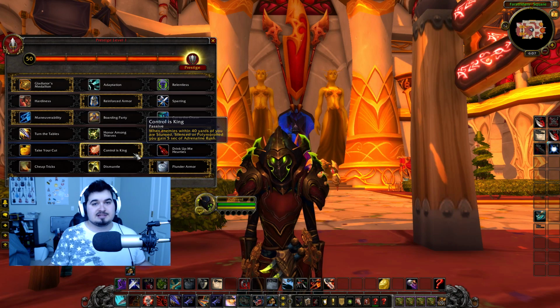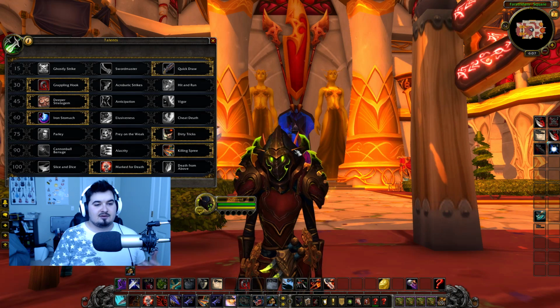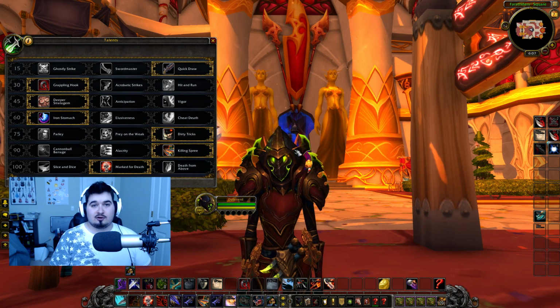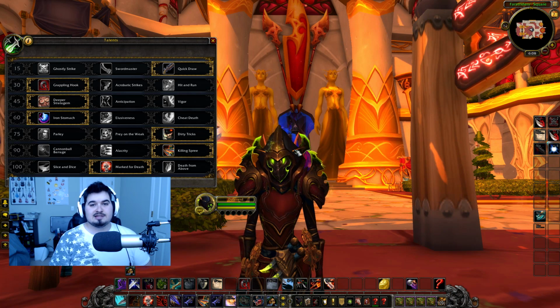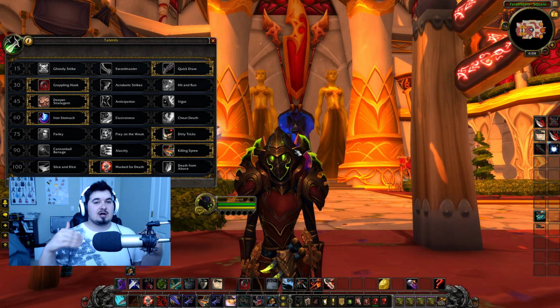So those are some of the ways that you can get yourself a little bit extra energy through Control as King and with the buff of Roll the Bones or Buried Treasure in order to supplement for the energy that you are losing. So this build ends up being a little bit less spammy, a lot more energy pulling, a lot more energy effective, but this build also allows you to build up a lot more combo points and be able to use them a little more effectively,